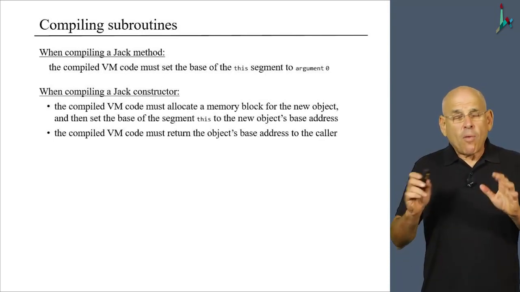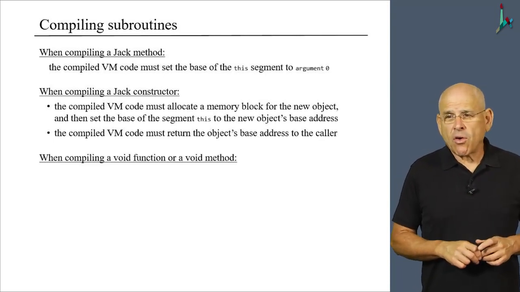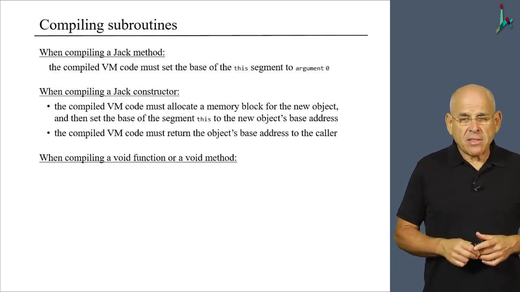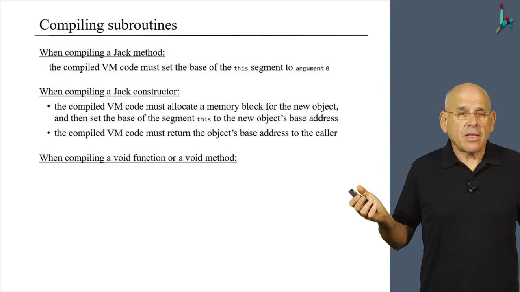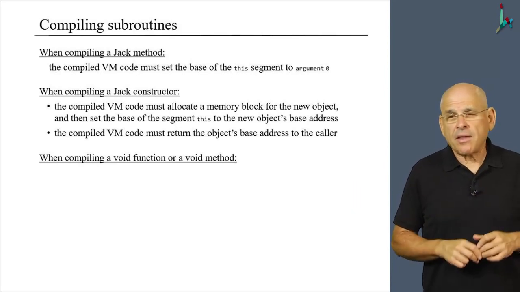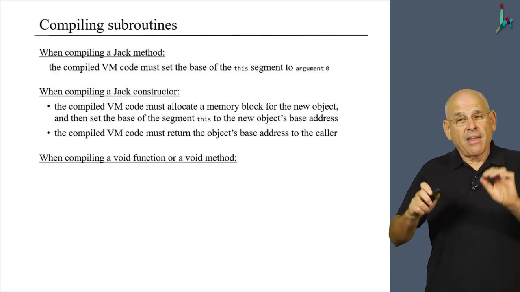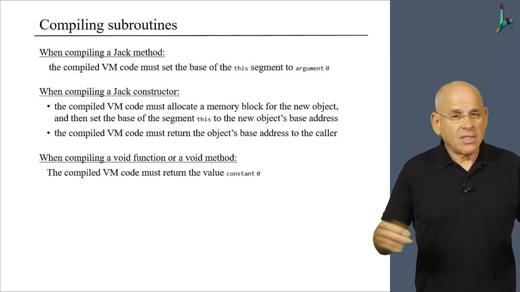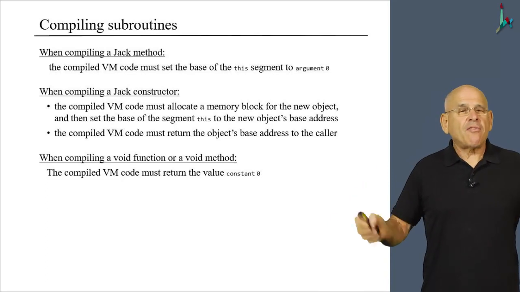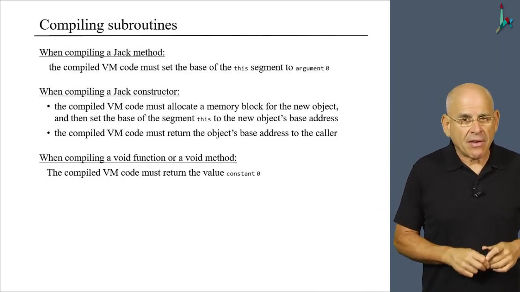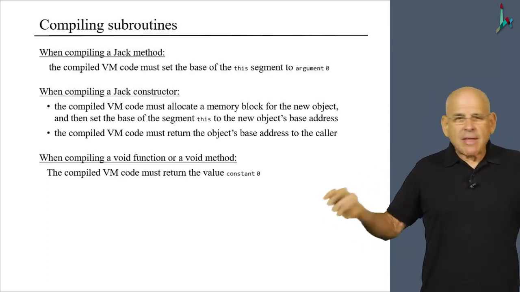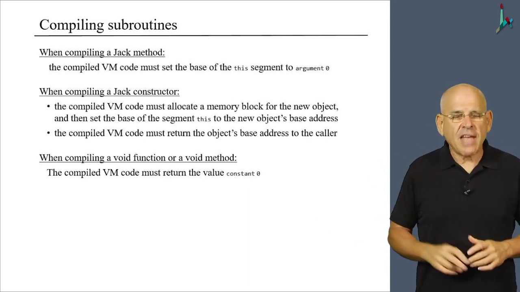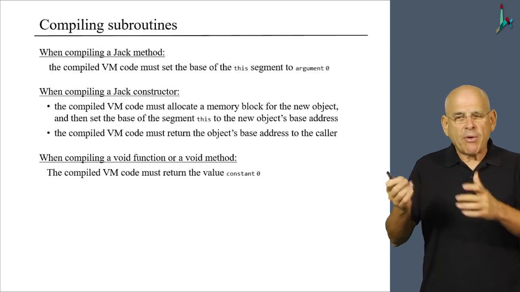So what about compiling void functions or void methods? Well, void functions and methods don't return values. At least at the Jack level, they don't return values. And yet, at the VM level, they have to return something, because that's the requirement. We require that every VM function returns a value. And because we have to return something, we've decided that if you follow our standard mapping, we request that you